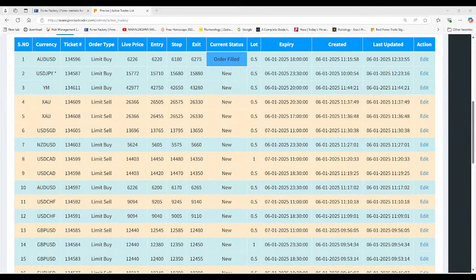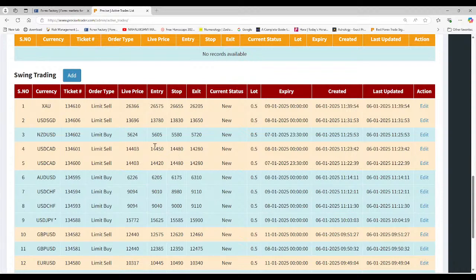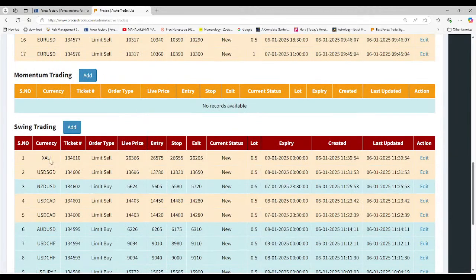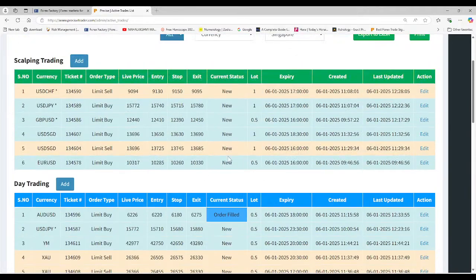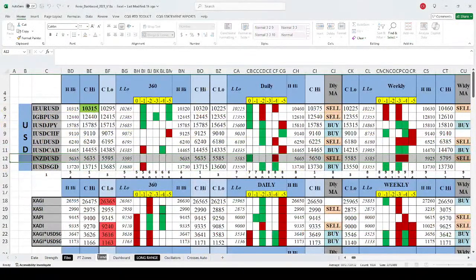Okay, we are trying to buy at 56.05, exit at 56.60. Try to buy at 56.05 and exit at 57.20. So we have two calls here. I think both are valid. Both are valid, and we should be good to go on that trade. Okay. So let's move on to the next currency, which is dollar Sing.